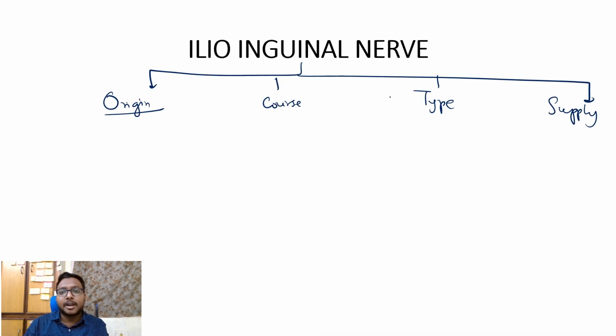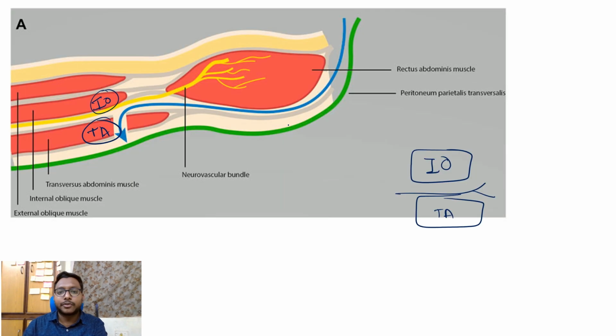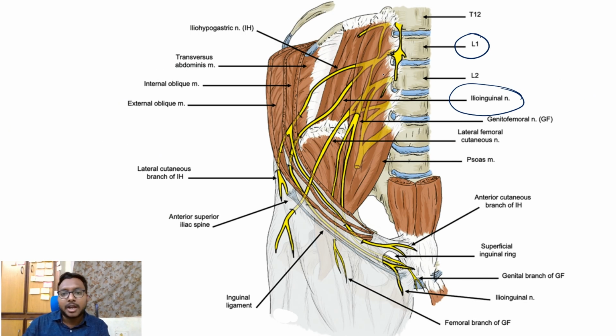So it comes from the ventral ramus of the L1. Then course. You can see here in the picture, it will start lateral to this psoas major as well as quadratus lumborum. In between, at the lateral border of psoas major, it will exit and then it will travel inferiorly. Then it enters into the plane between internal oblique and transverse abdominis. You can see here, this is the internal oblique muscle we have got, and this is the transverse abdominis. So between internal oblique and transverse abdominis, it is traveling through, then it will enter into the inguinal canal directly